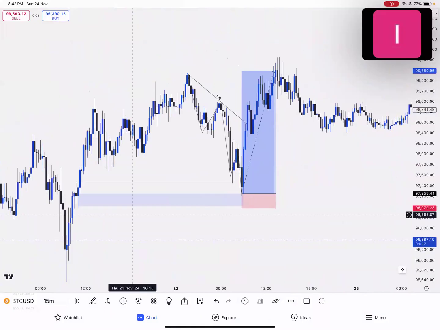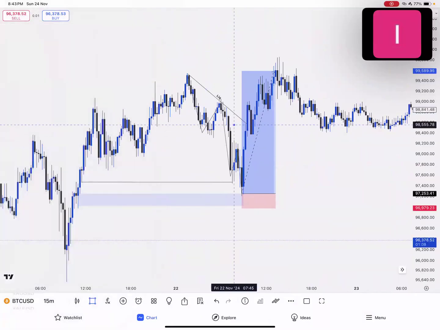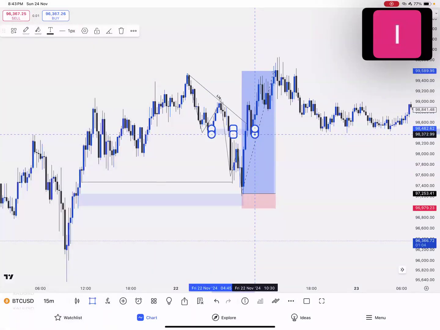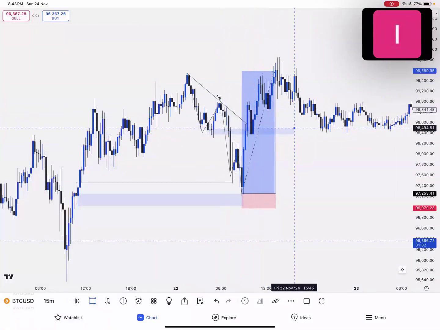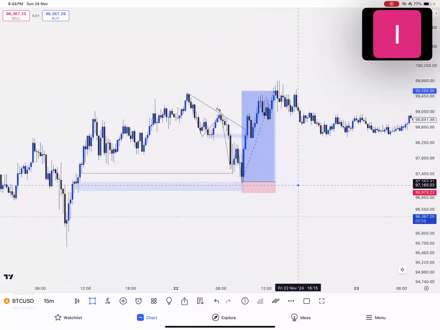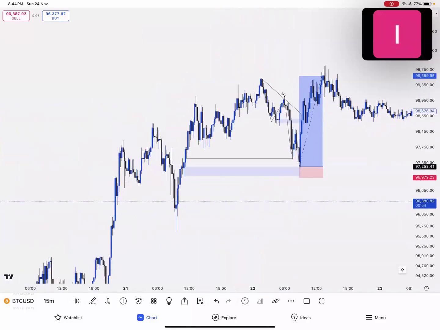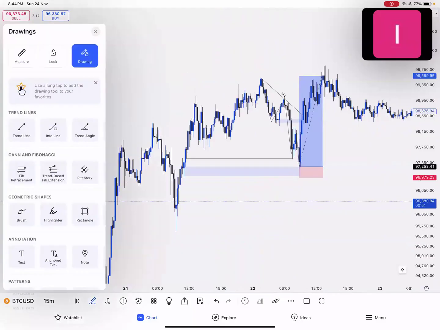There was a structure shift, that's inducement, the order block here. So as the market triggered that point of interest, I'm not going to start taking a sell from this breaker block that the market made here. I will be taken out, because why? I'm taking a trade from a point of interest when the market has not yet cleared the nearest draw on liquidity. That's how most people get taken out of a trade. You see them, the liquidity has not yet been taken out. For example, this order block here,